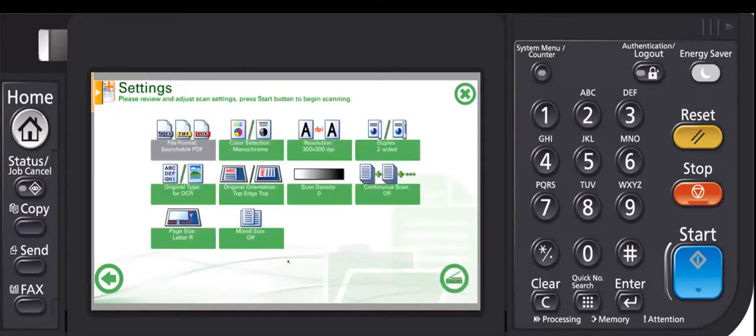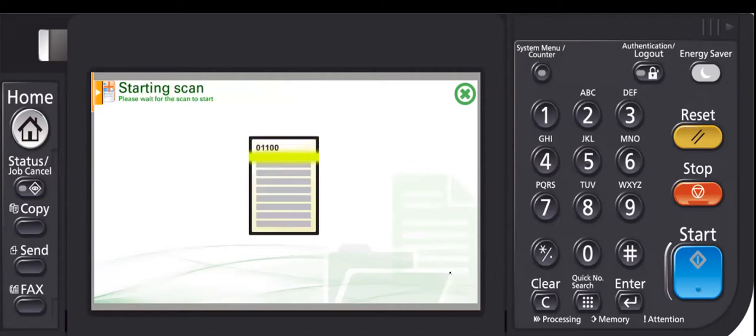I see my scan options. Notice this is locked as a searchable PDF, monochrome. We can change these options that are not in gray. We are scanning in duplex, two-sided, and we're going to use blank page removal to automatically extract the blank page of this document. I'm going to press Scan. We'll see the document being processed on the screen. It'll say page 1, then page 2 to the right of scanning now.